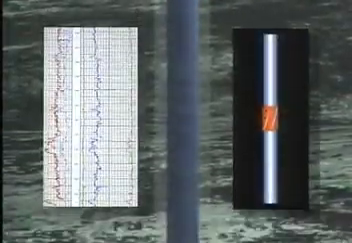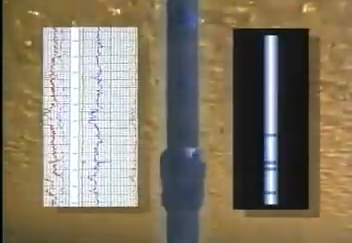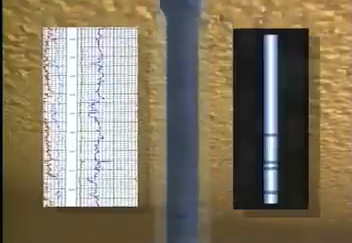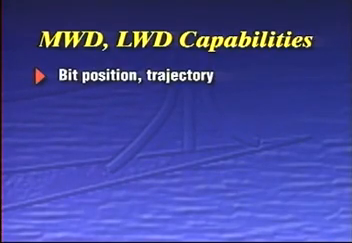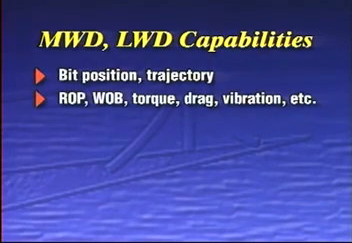MWD and LWD systems have fulfilled a long-time dream among industry professionals by making it possible to monitor and control operations even as drilling is taking place. Examples of what we can now do continuously and in real time include measuring drill bit position and trajectory, monitoring